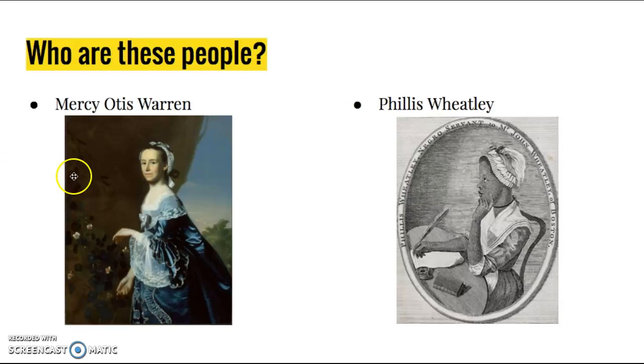So Mercy Otis Warren typically dealt with screenplays. She wrote books, but her screenplays were satire. And what I mean by satire is that they were making fun of something. Most of Mercy Otis Warren's screenplays were making fun of the British. And when you go to see a movie or a play, a lot of people are going to see that. That's why you make movies and plays, so people can consume them. They're going to watch them, right? So Mercy Otis Warren creates these screenplays that are making fun of the British, and people see these. And it's going to change their minds about independence and how they see the British.